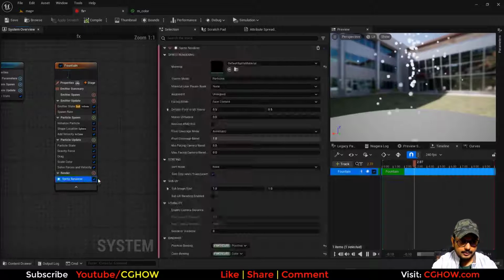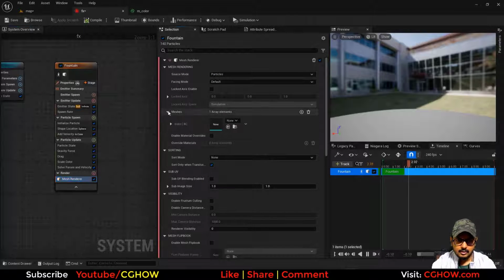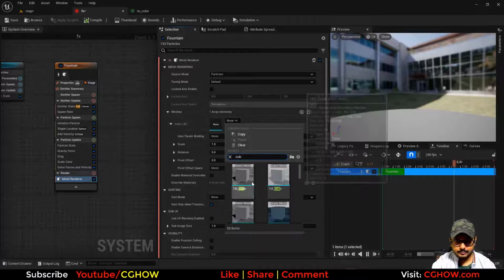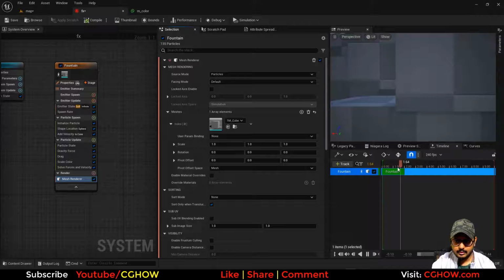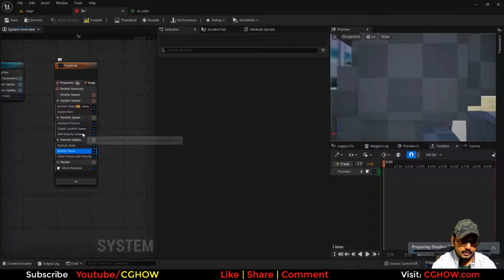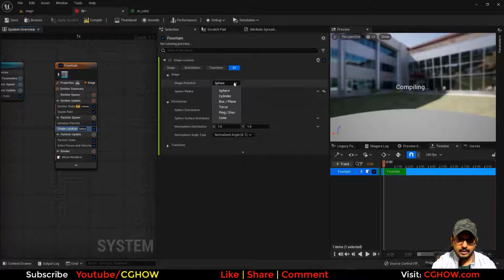And here I don't need a sprite. I will use a mesh renderer, and that would be a cube. And remove all these. I need location, and I will use